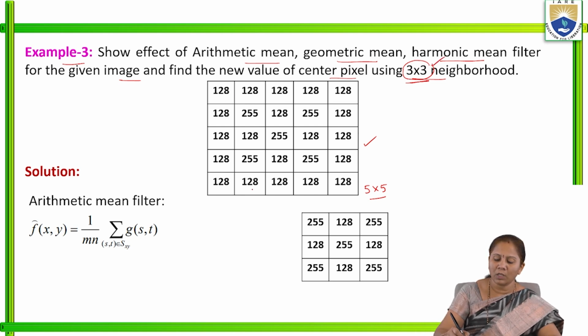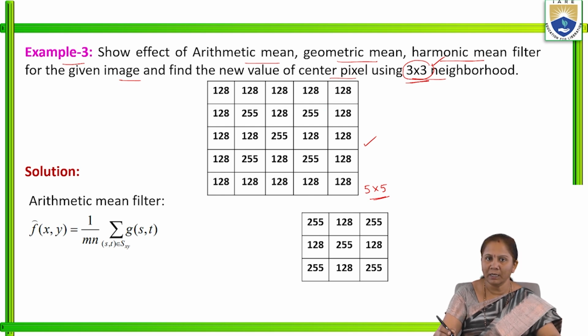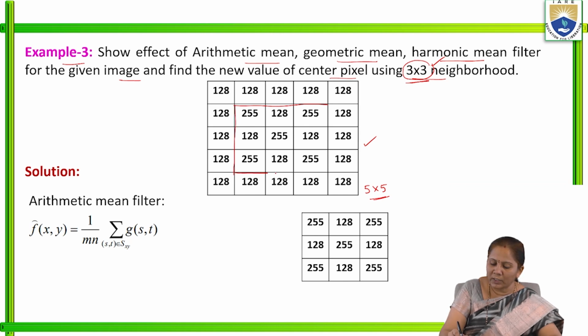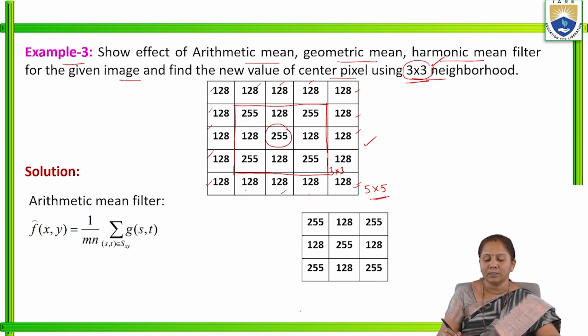So here these are all the edges that will be preserved. In the 5 by 5 image, all these are the edges that will be preserved. And here we have to apply the 3 by 3 mask and find the center pixel value. So that's why here we need to apply the mask only in this region. Okay. And its size is 3 by 3. Whereas here all these are the edge pixels, all of them will be preserved. And here among all this, 255 is the center pixel value after applying 3 by 3.